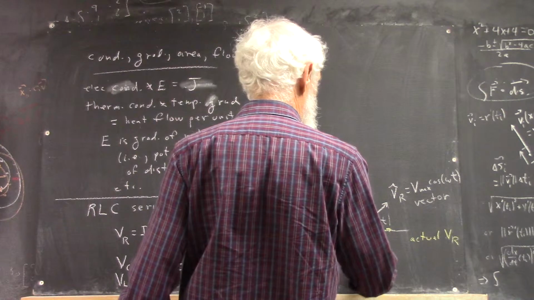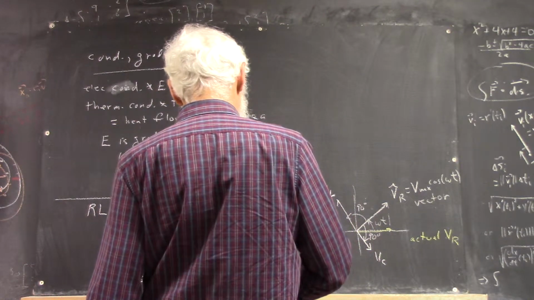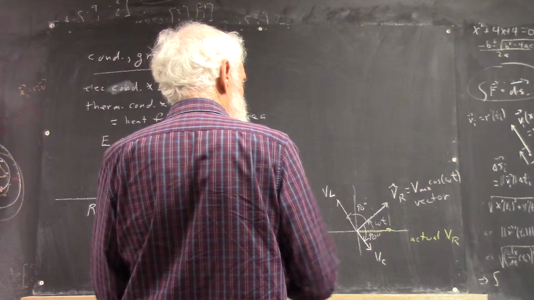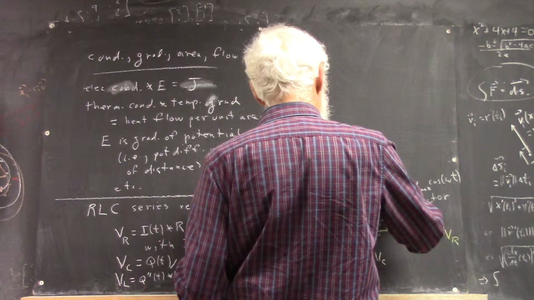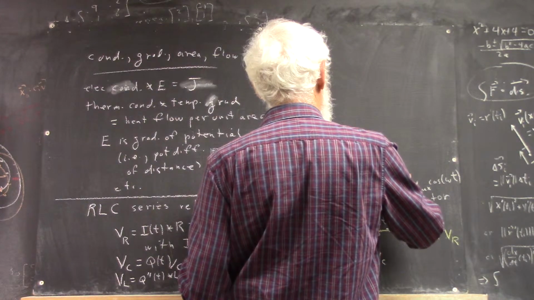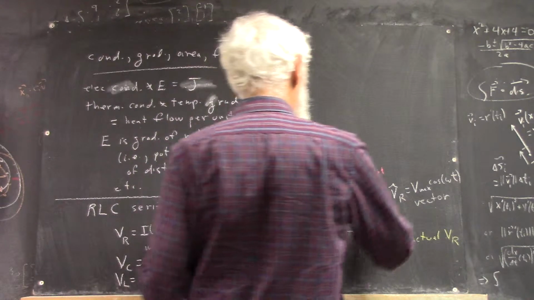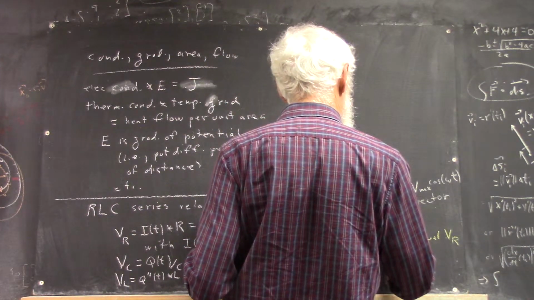These two add up to something about this long in this direction, so that the resultant will be this, and down here is our vector that represents